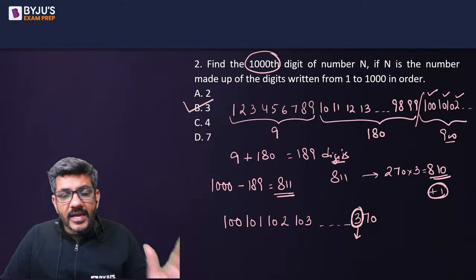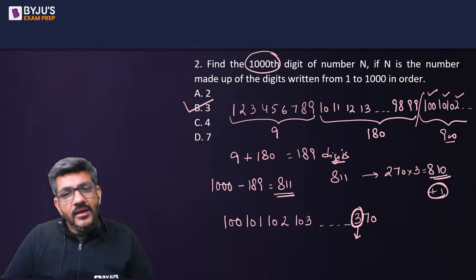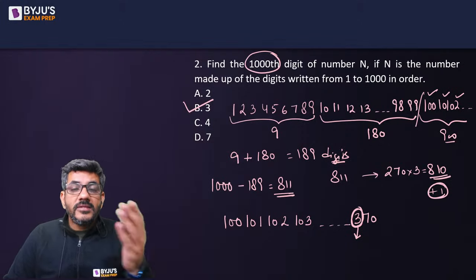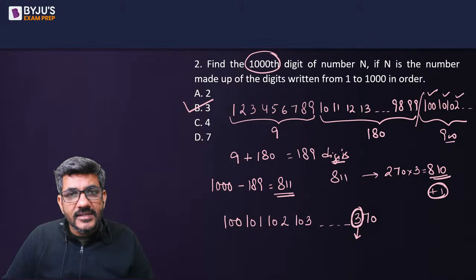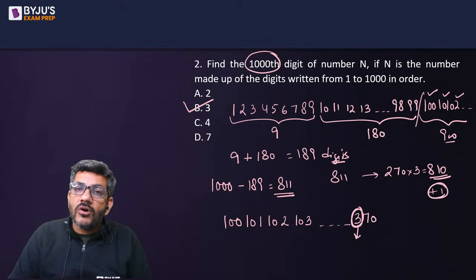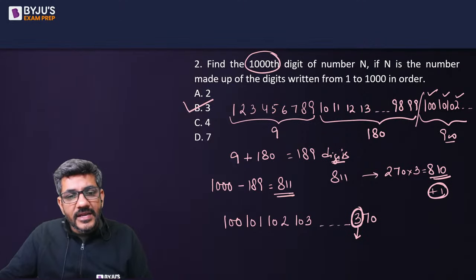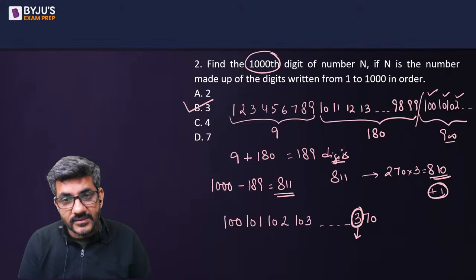उसके बाद मैंने देखा 811 डिजिट्स रिमेनिंग, एवरी नंबर हैड 3 डिजिट्स, सो आई सॉ 811 क्या है, 3 इंटू 270 में तो 810 डिजिट्स आ जाती हैं, उसके बाद एक डिजिट और चाहिए थी। दैट मीन्स स्टार्टिंग फ्रॉम 100 देयर आर 270 नंबर्स, और उसके बाद जो 270th नंबर है उसका फर्स्ट डिजिट इज माई आंसर।